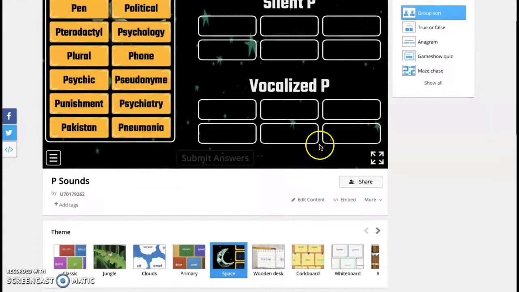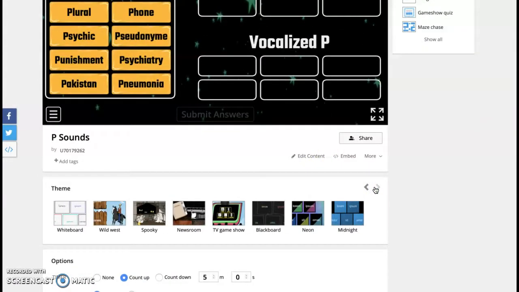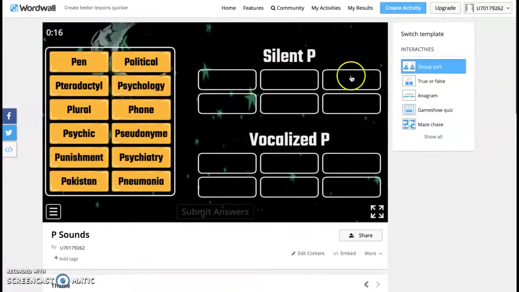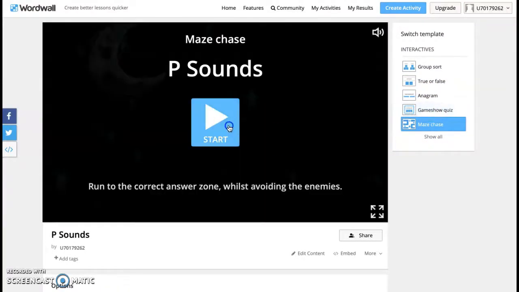The other one that I really wanted to show was that, so these are the different displays that I can do, like a game show or newsroom. But I can also change how the information is presented. So it could be in a true or false. True or false, is this a silent P or not? Or one that I think is really fun is Maze Chase,